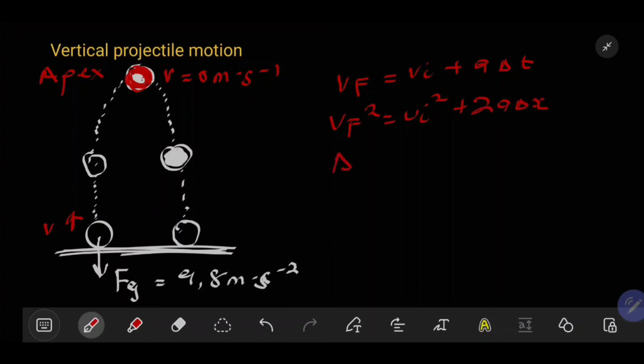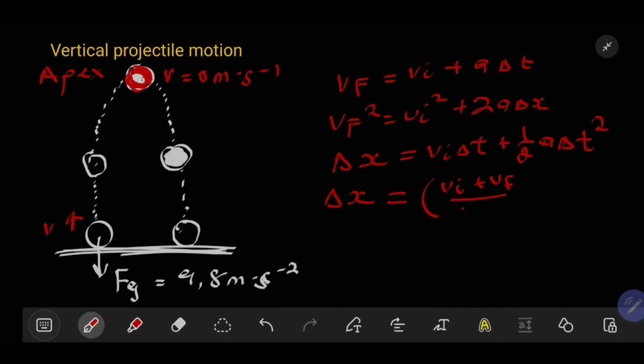And then we also have Δx is equal to V initial multiplied by Δt plus half a Δt squared. And the last one says Δx, the displacement, is equal to V initial plus V final divided by 2,